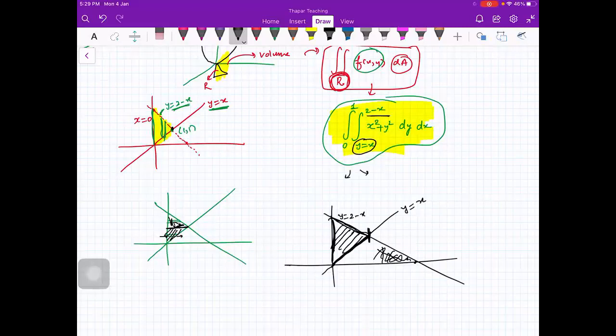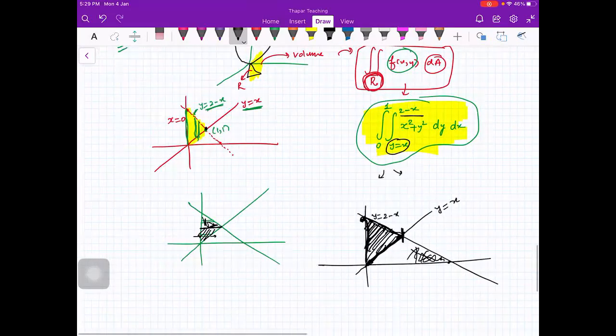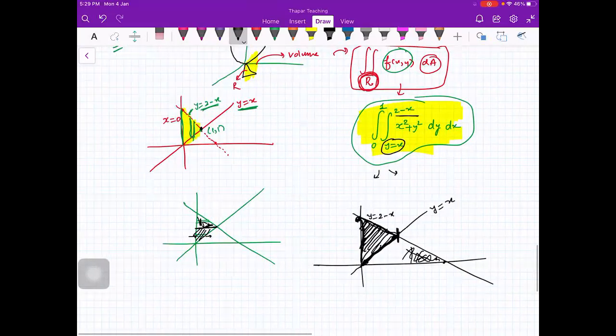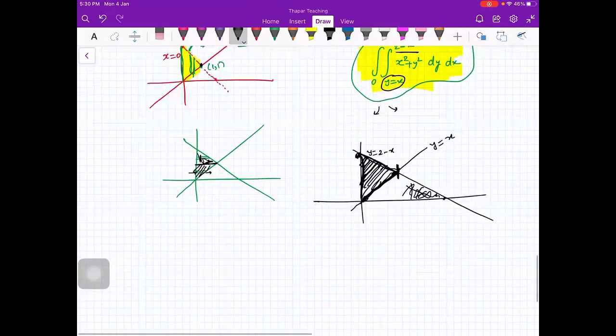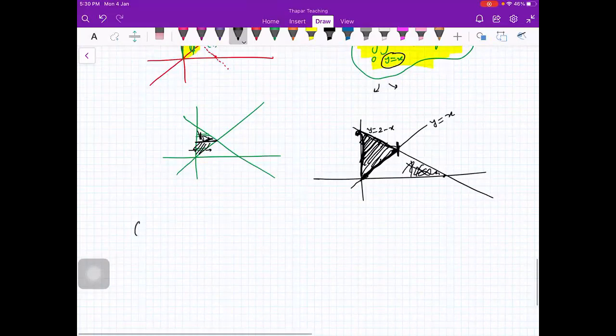Is this clear, beta? Yes ma'am. Because we are interested in this region, so we will be just looking at the corner points of this region, because we don't want to go outside this region. Okay? Yes ma'am, got it. Okay. So next question number 6 is similar to question number 5. Please do it, beta. Okay?